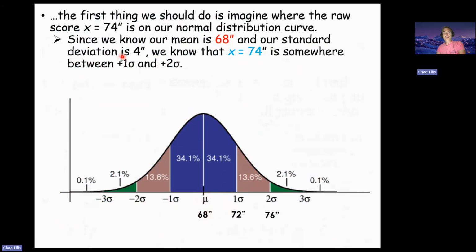We know that our standard deviation is 4 inches. So for one standard deviation above the mean, adding 4 more inches is going to give us 72 inches. Two standard deviations is going to be 76 inches. So what we're trying to figure out is for X equals 74, we know that raw data score,